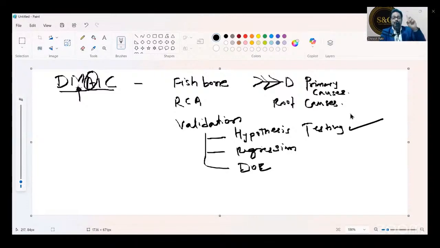We have used one hypothesis testing in the measure phase. Type in the chat box, what is that? Kappa, close, but not what I'm expecting. What else? We used one hypothesis testing in the measure phase. What is that?